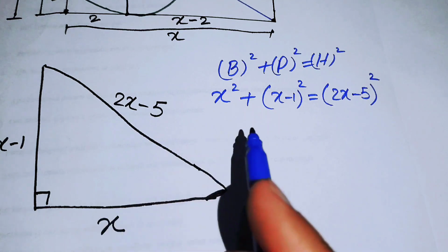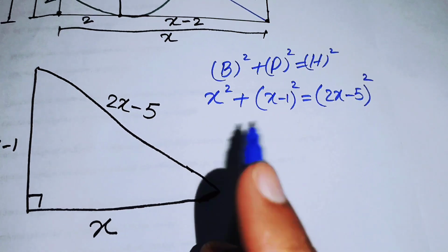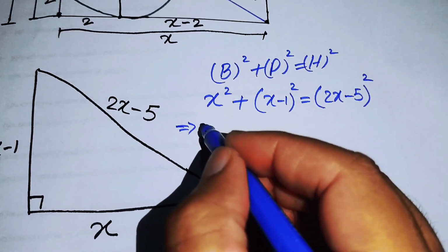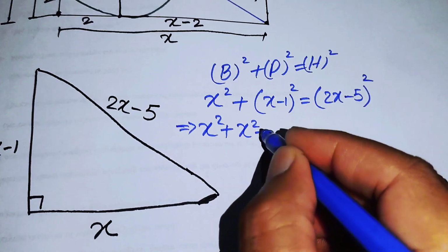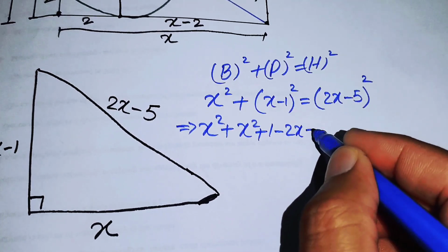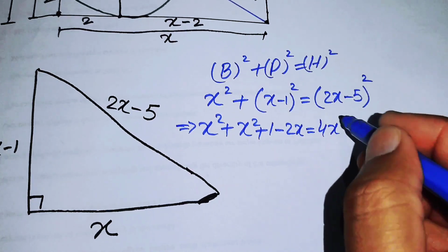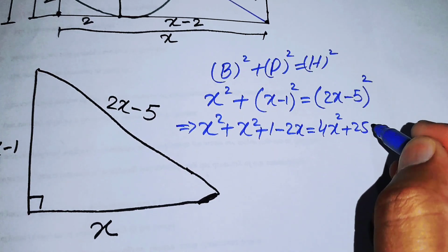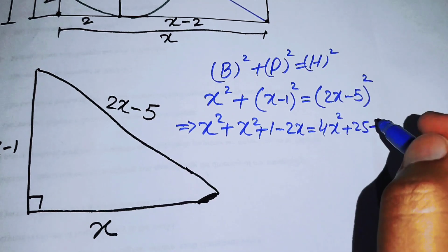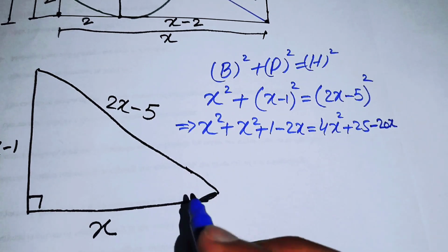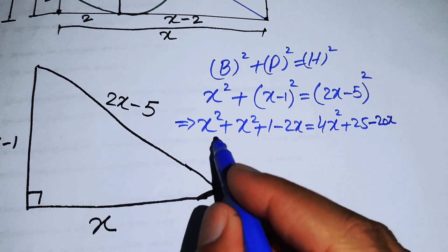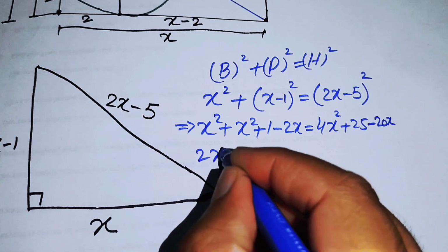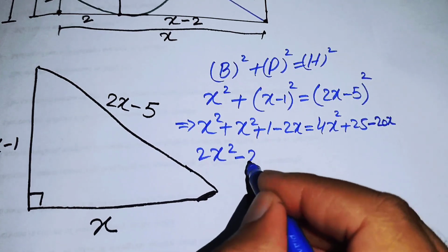So now you can solve this nice quadratic equation, and you can find the value of x. First you can open the square of this term, and you get x square plus 1 minus 2x, and now you can open this square and you get 4x square plus 25 minus 20x. Now you can simplify the terms, and move all the terms to the left hand side, and you get x square plus x square becomes 2x square,